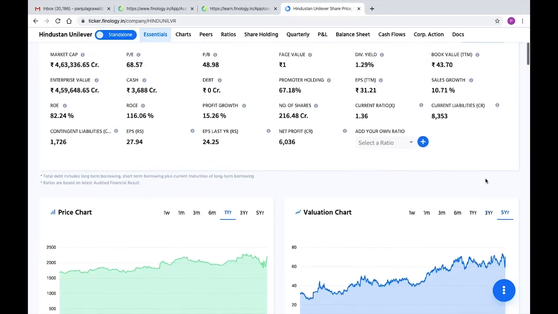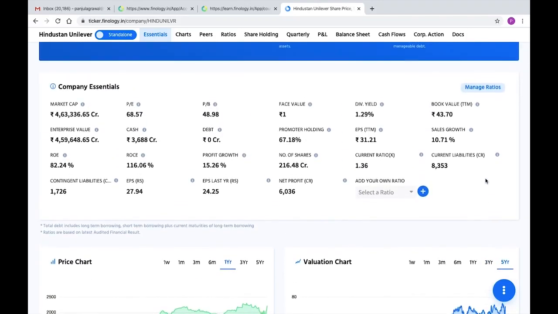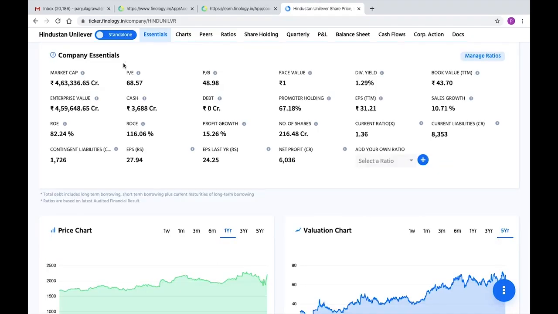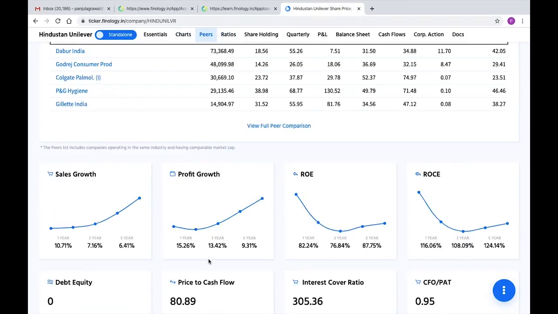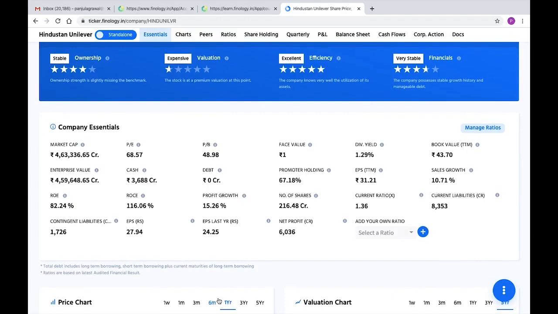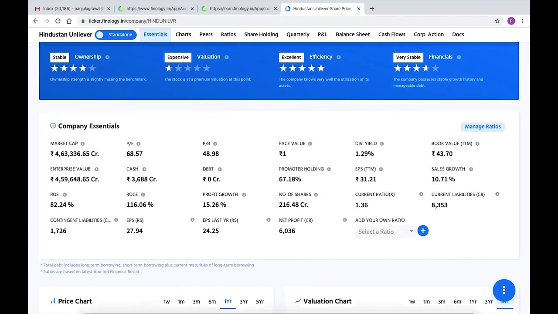For this, we need to check another ratio, that is the PEG ratio or the price earnings growth ratio, which is calculated by dividing the PE of the company by the growth rate. Ideally, this ratio should be around 1 or lower than 1, signifying that a high PE of the company is justified with its high growth rate. When we calculate HUL's PEG ratio, it will be around 4 times.